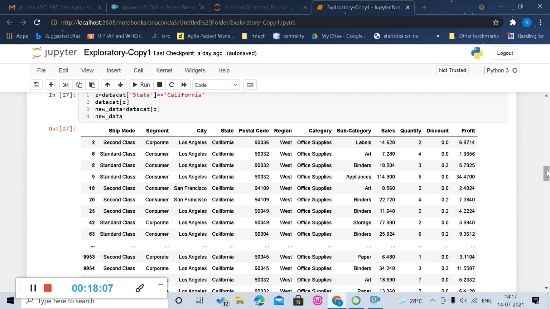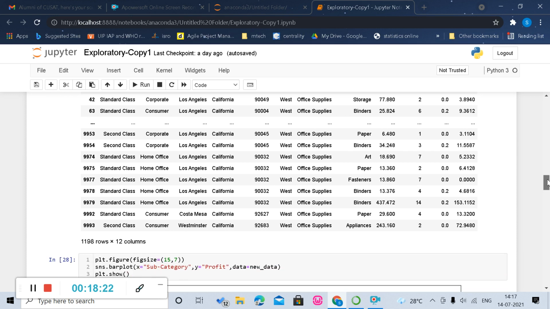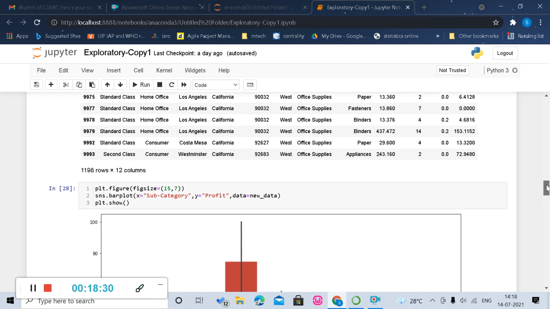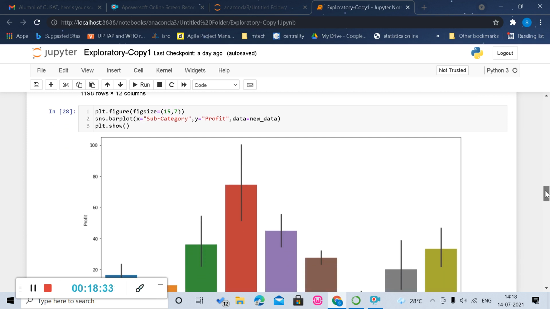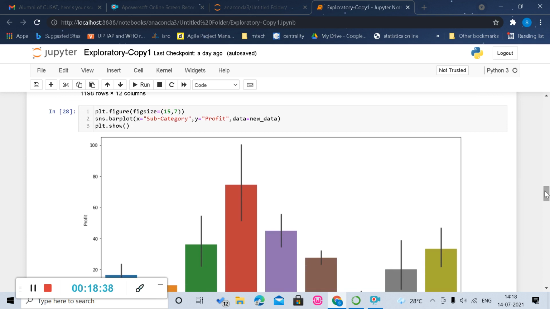This is because we have already found that California is the state with the highest profit and sales. So we are concentrating more on those factors highlighted in the earlier analysis. In the same way, office supplies was the category which had more sales. So the filtering is done in that way. Now I have taken this filtered data and done a bar plot considering subcategory and profit. So you can see here